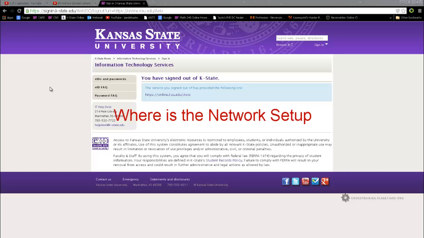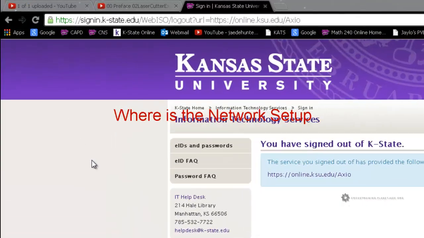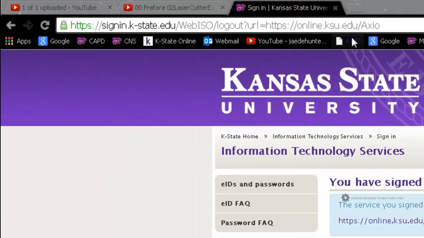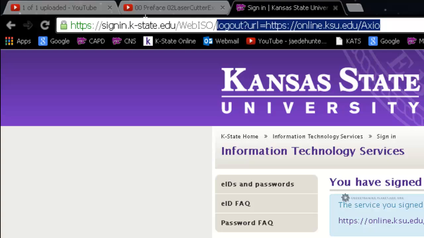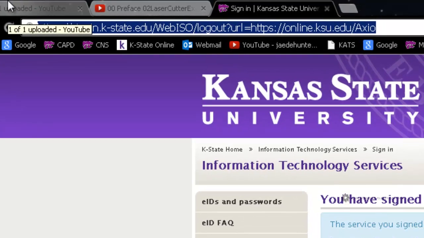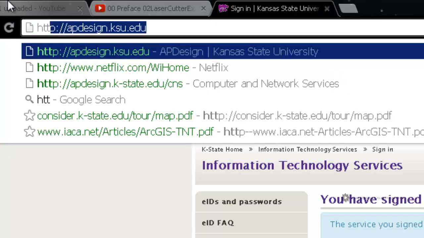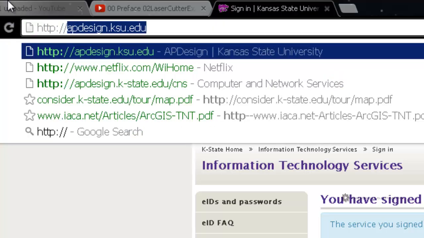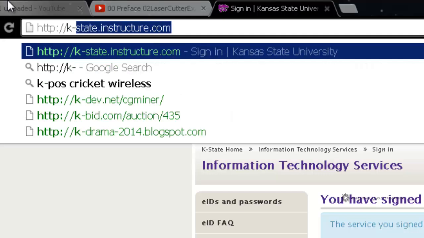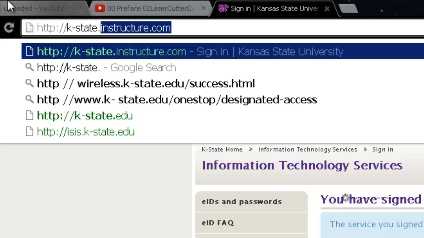The next thing that we need to talk about is where do we find the network setup. So up here in my browser, I'm using Google Chrome. I'm going to type in the web address of where Canvas is located. So I'm going to go to http:// and it's called k-state dot, and you can see it's trying to automatically fill it in up there because I've been there several times. It's